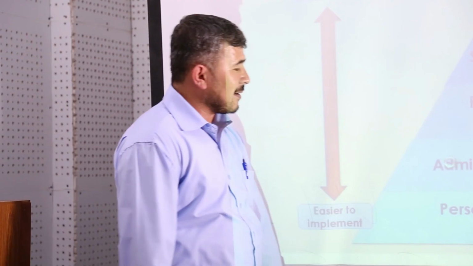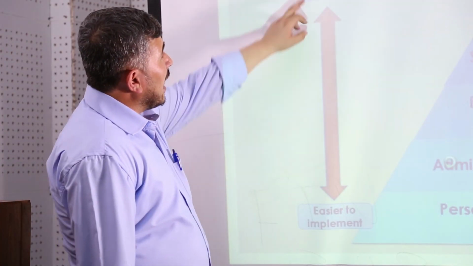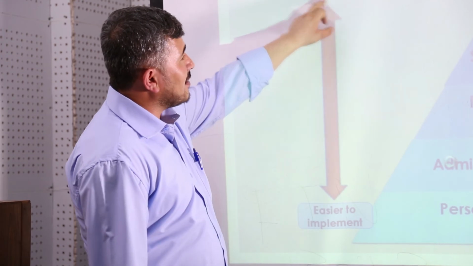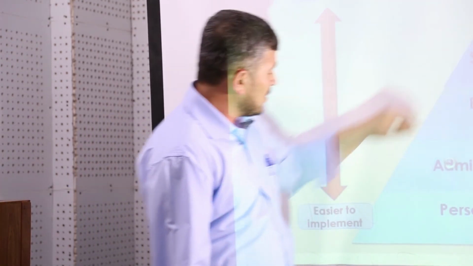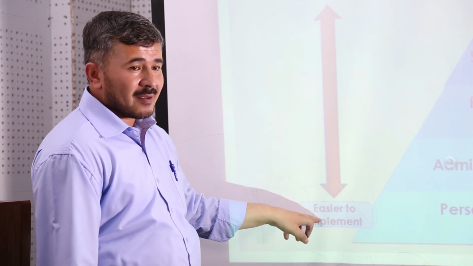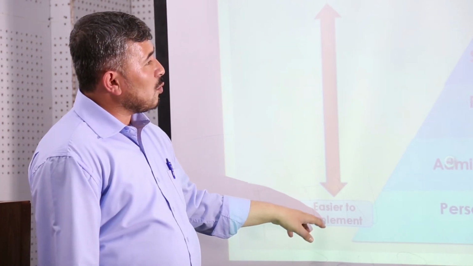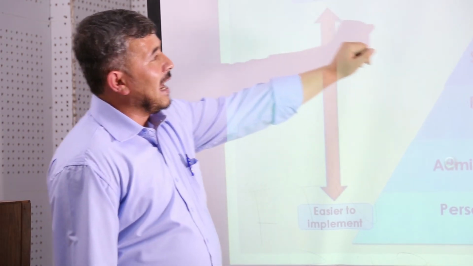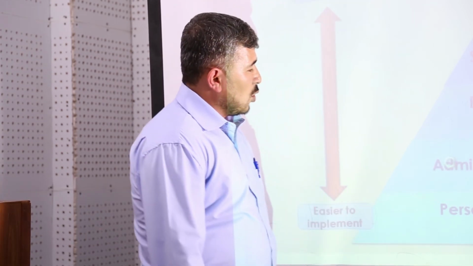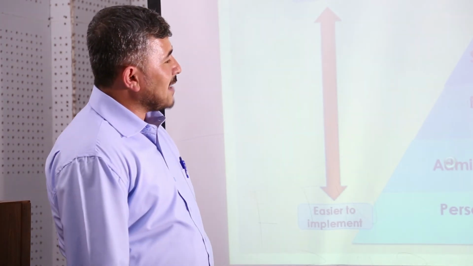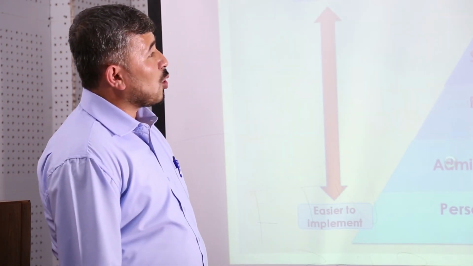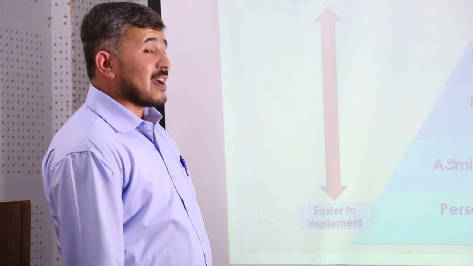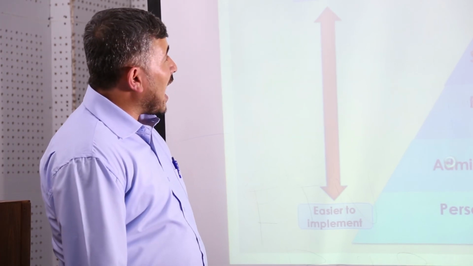But you have to remember, it is harder to implement from this side, and easier to implement from this side. So we have to do it in parallel. Consider the implementation and the effectiveness at the same time. So we have to do anything to control the risk, but we have to consider the situation, how we can